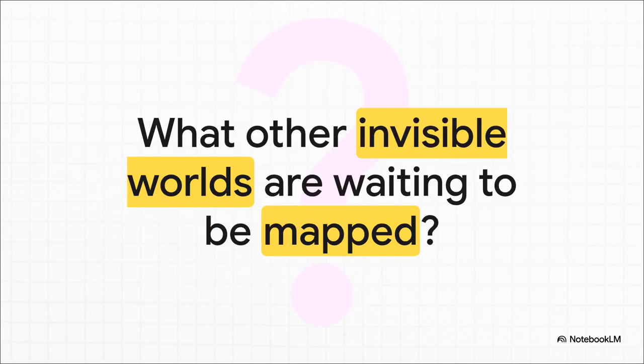And that leaves us with one last, really tantalizing thought. This whole thing is a tool for mapping abstract concepts. So, if we can now actually chart the landscape of pure mathematical logic, what other invisible worlds are out there, just waiting for us to find a new kind of map?